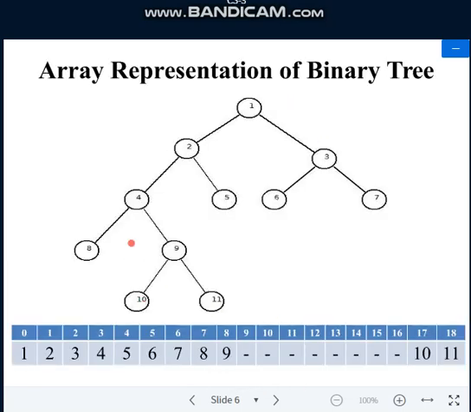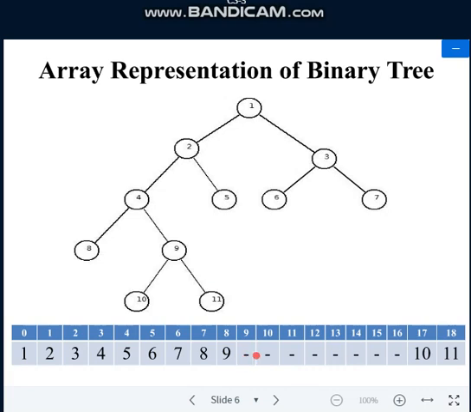Okay, we'll see this. This is how the array representation of a binary tree looks. Look at the tree and look at the array representation here. We always start from the root node. Here the root node is 1, so you have inserted it at the 0th index. Then what is the next node? 2. Then it is 3. So we are completing level by level, isn't it? Level by level, the first value will be 1, the next values will be 2, 3, 4, 5, 6, 7, then 8, 9.